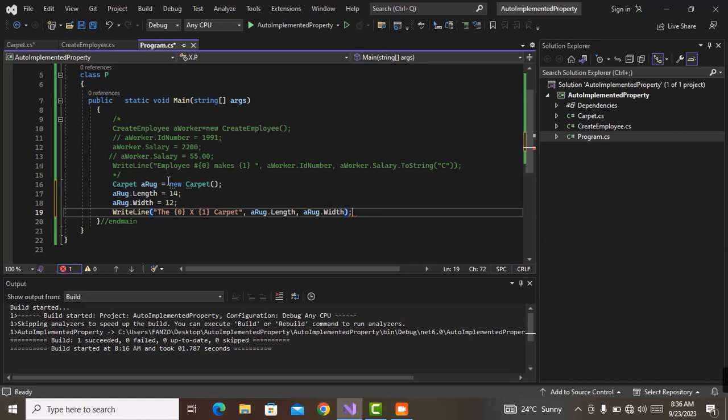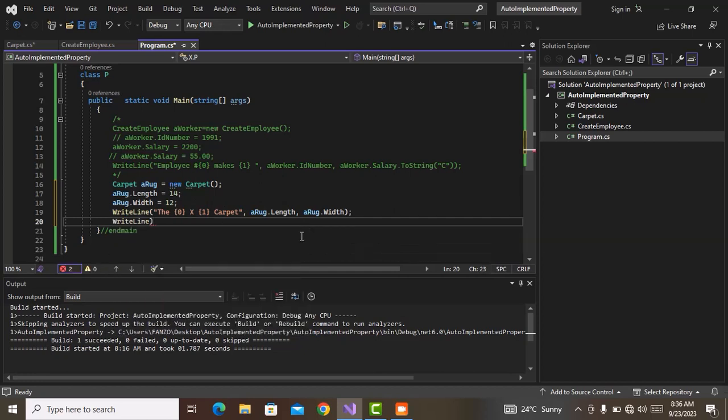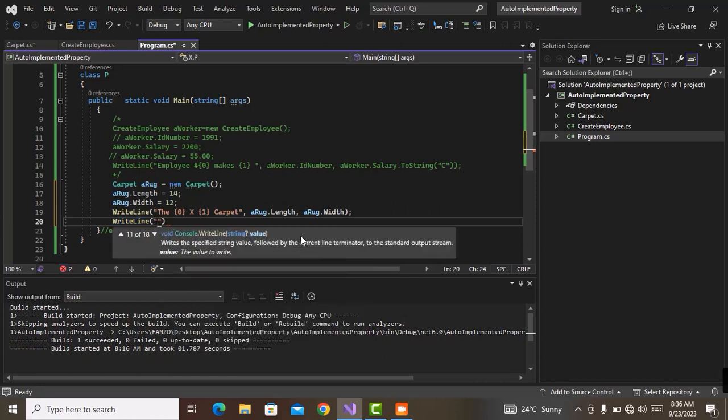So this is very, very important. This is the first thing that I just want to say: the 12 multiplied by 14 carpet, and then display the value that needs to be displayed. So in the second write line, now I want to sort out the area. So the carpet of this 12 times maybe 14 carpet, I just want to say has an area of,